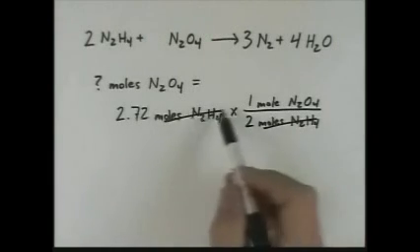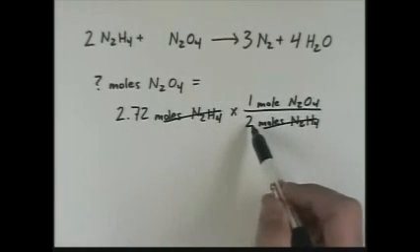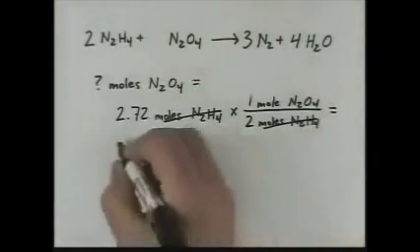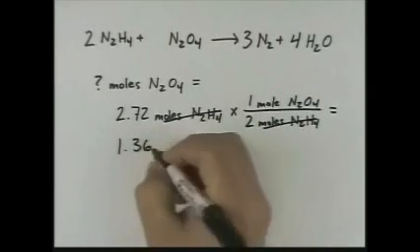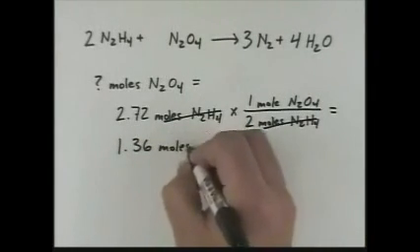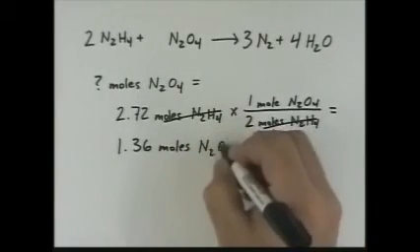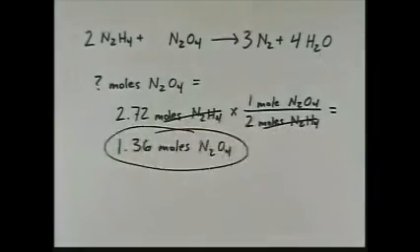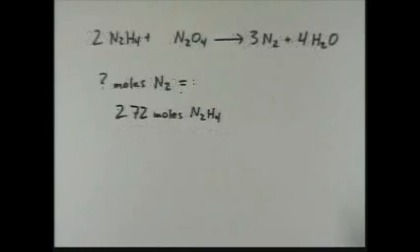Now I multiply across the top and divide by the bottom to get 1.36 moles of N2O4. The next one is